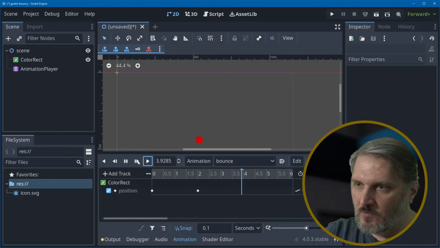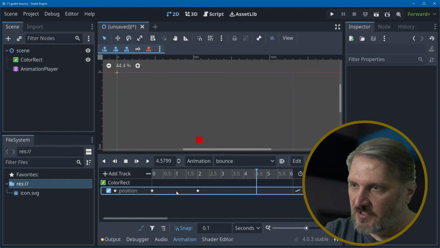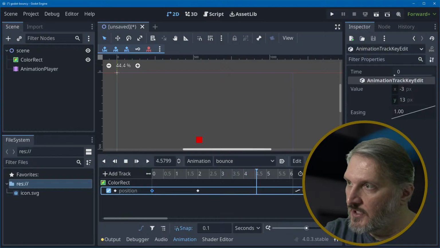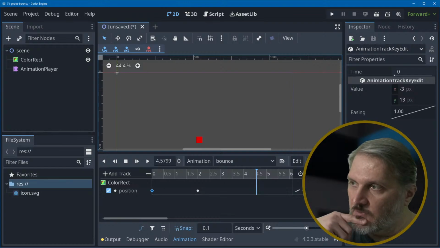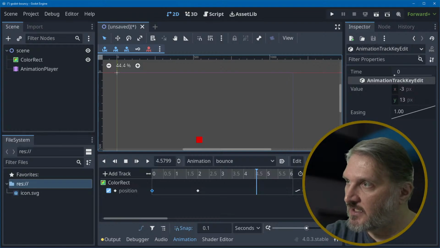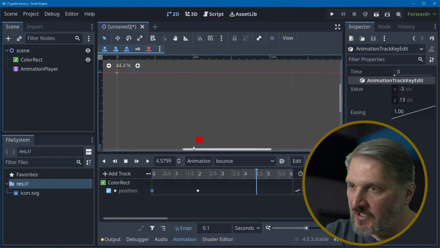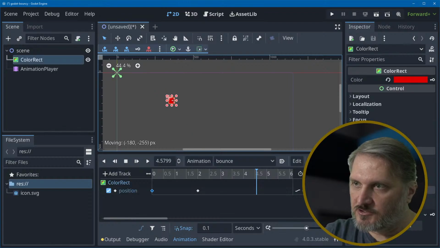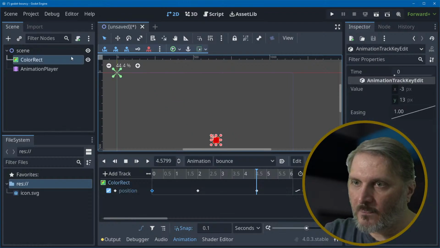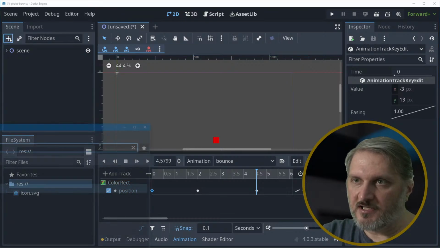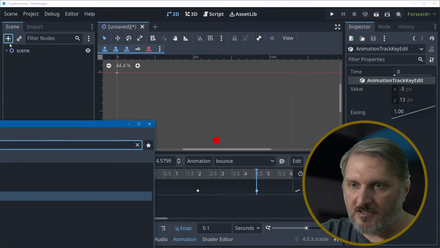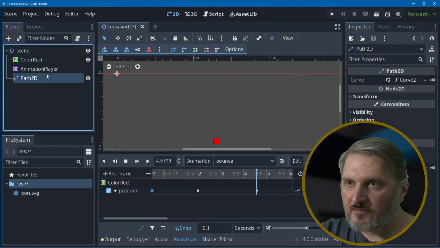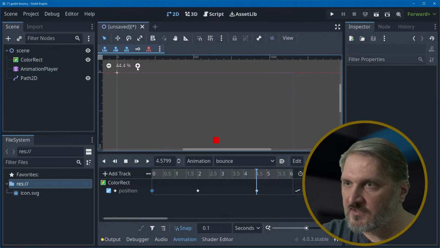And then the question would be, do you want it to just go in a straight line, or do you want it to follow like a little bounce or something like that? And I don't actually think you can make it bounce. I think if you wanted to follow a nice curve, you would have to trace that curve yourself. I think you can create a Path 2D in here, something like that. Path 2D, right? So you can create a Path 2D, and Path 2Ds have